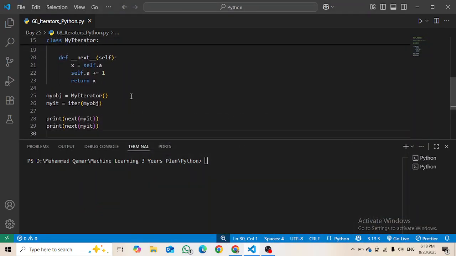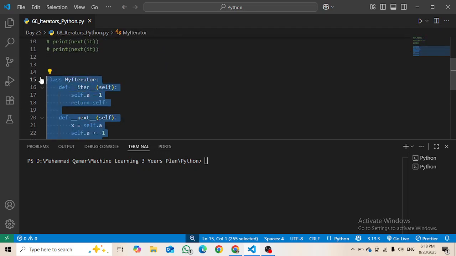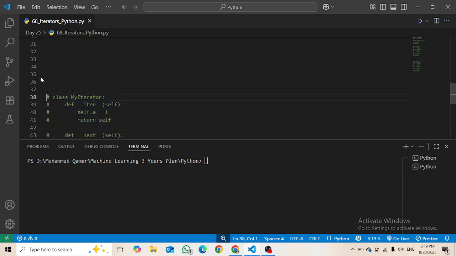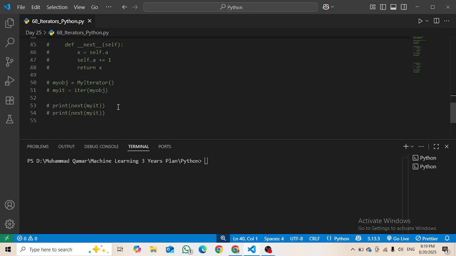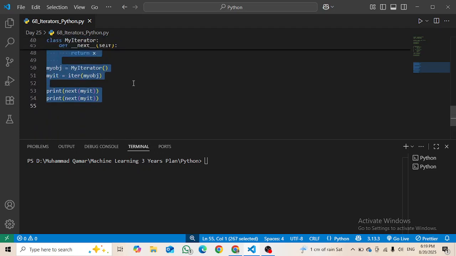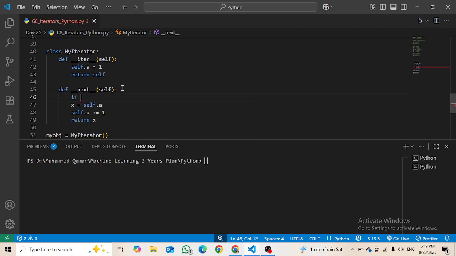Before doing it, I'm going to make it a comment, and then press shift and alt and the down arrow so that you can make a copy. So this is the above code, and this is now the copy of the original code. I'm going to uncomment it. This time I am going to apply a condition on this.